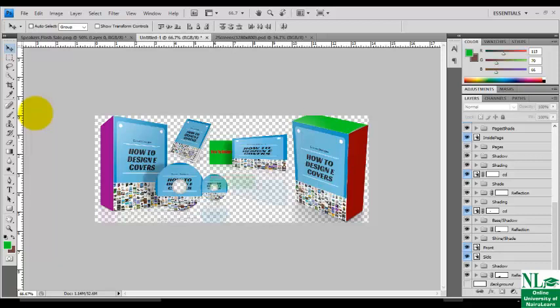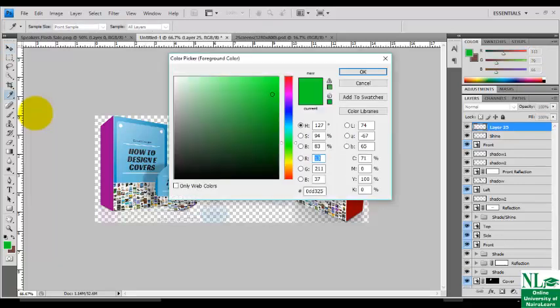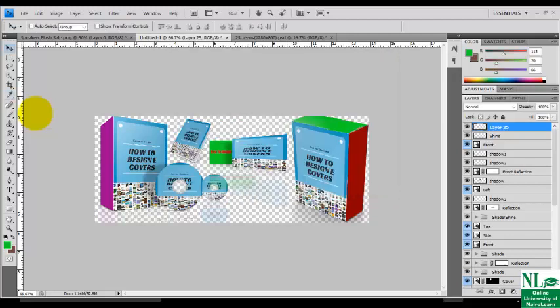Okay, now to fill up this background, you can fill it up with any background color you want. How? Create a layer. Just come here, take your cursor to here, click on what? Here. You have layer. This is your layer, which is layer 25. Make sure that it's highlighted. Then which color do you want? Come over here and pick your color. Any color, but make sure that your color corresponds with your design colors. Next is to pick your rectangular tool and fill up that layer.